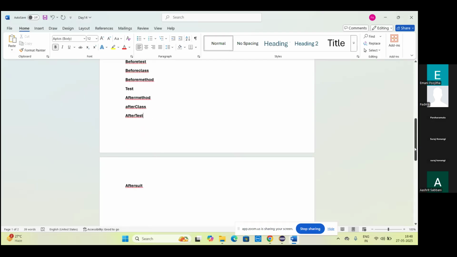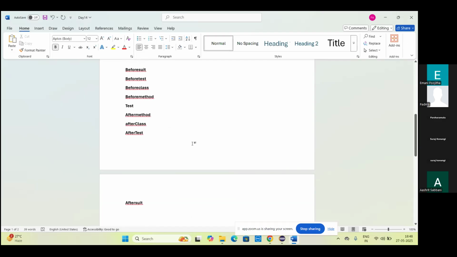So anyone have any confusion in this? Already we have seen this order by executing the